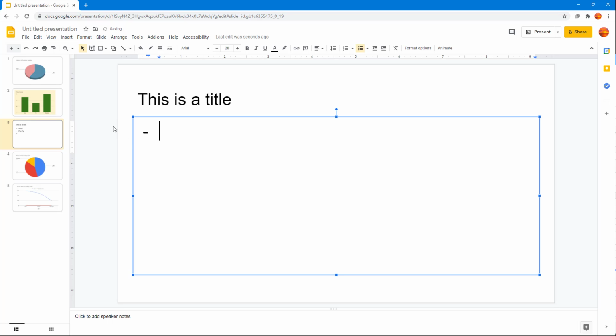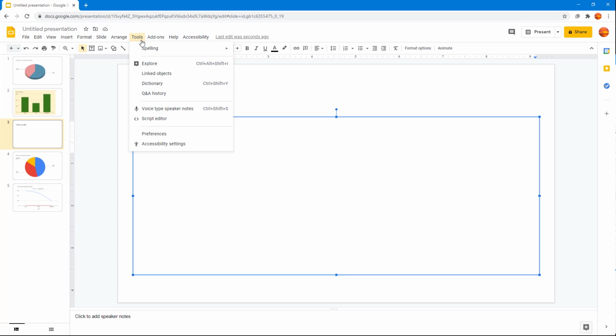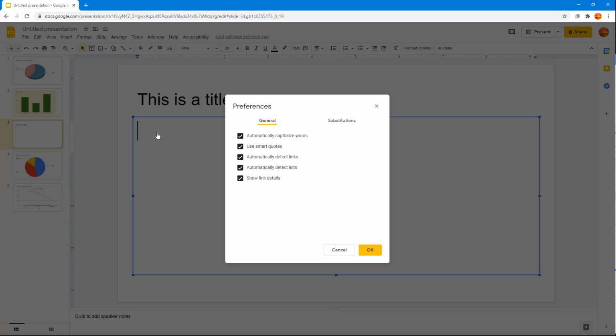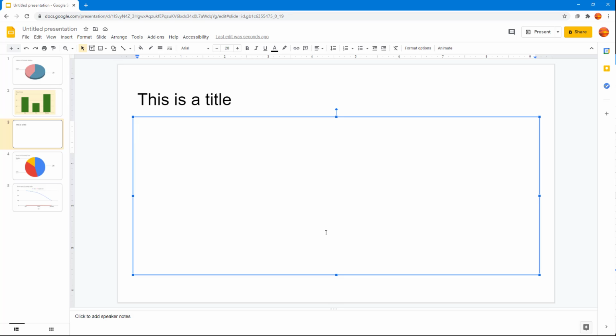So let me just turn this off now, because let's say for some reason I do not want this. I'm going to go to Tools for that, and then go to Preferences right here. Once I go there, you can see that there's an option, automatically detect lists. So if I were to turn this off and press OK,